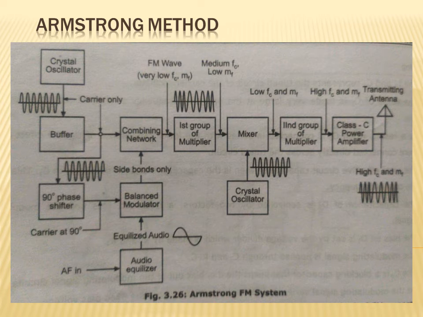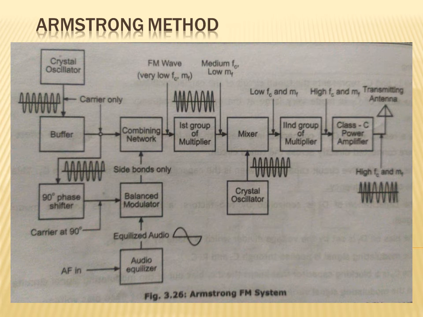Next, the carrier signal is generated by the carrier oscillator, and the generated carrier signal is given to the buffer. The buffer is used for amplification and storage purpose. And this signal is given to two blocks. First one is the combining network and second one is the 90-degree phase shifter. The 90-degree phase shifter shifts the signal by 90 degrees, and the phase shifted signal is given to